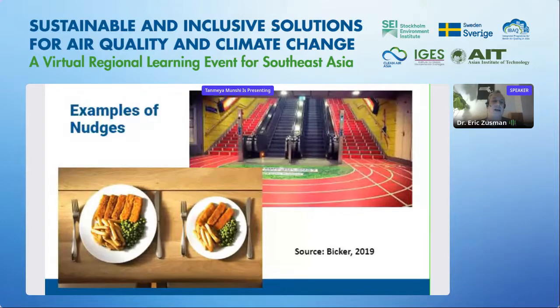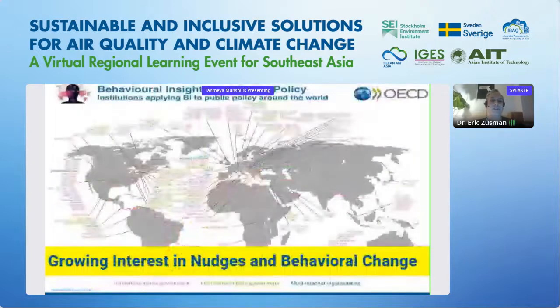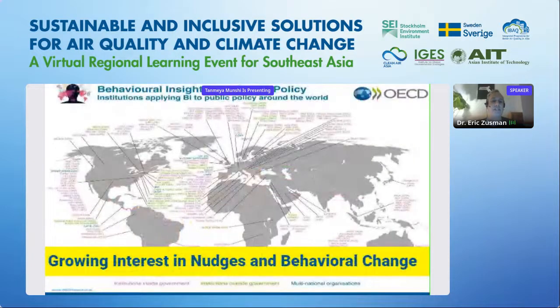Similarly, another approach that is an example of a nudge is changing the size of a plate, especially in hotels or restaurants. By changing the plate size, you can motivate people to consume less food and also waste less food. And of course, the food waste contributes to methane, which can contribute to air quality problems as well as climate change problems. These are just a few classic examples of nudges that have some environmentally sustainable impacts, which also relate to air quality and climate change, and obviously people's behavior.